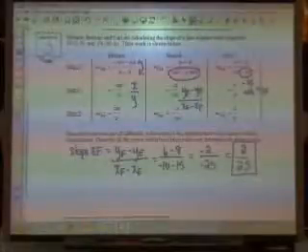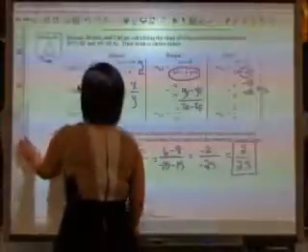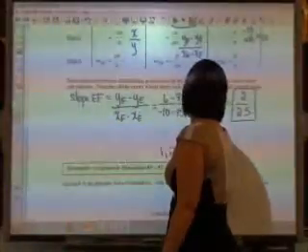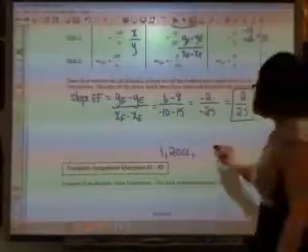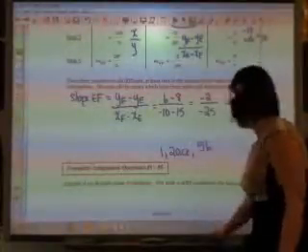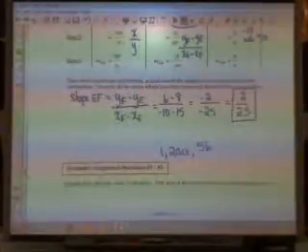Okay, so what I would like you to work on now: question number 1, question number 2, A and C, and 5B. Find the circles and